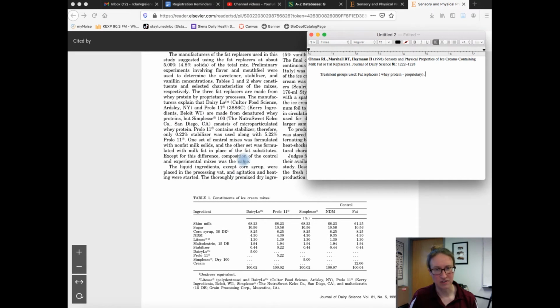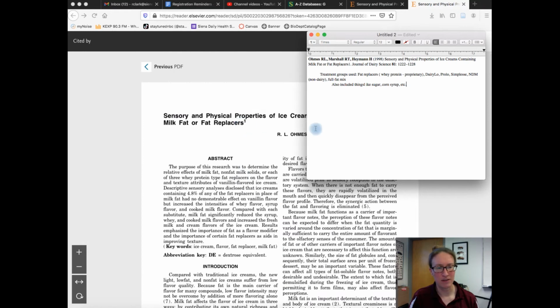Then there's something called dairy low, pro low, and simplease. It's kind of weird names. And then there's a non-dairy mix, and then a full fat mix. Also included things like sugar, corn syrup. You get the idea. So, I might take some notes about that, and I might be really interested in kind